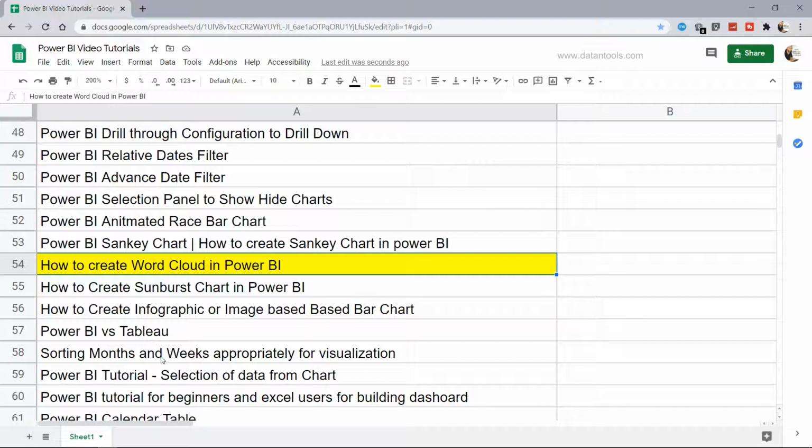Hello there and welcome to the new Power BI tutorial, where I'll show you how you can create the word cloud in Power BI. Word cloud is one of the interesting visualizations, based on the idea that based on the measure that we have, the higher the measure, the bigger the word, which gives an idea about, let's say for example, you are looking at customer text, maybe especially for those cases